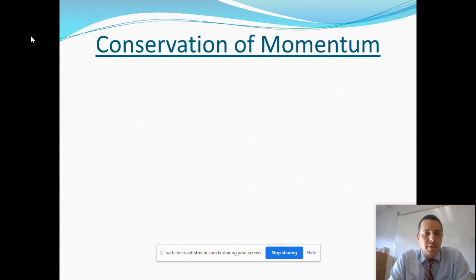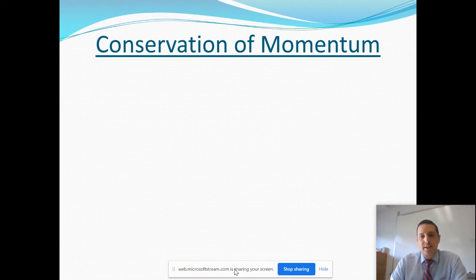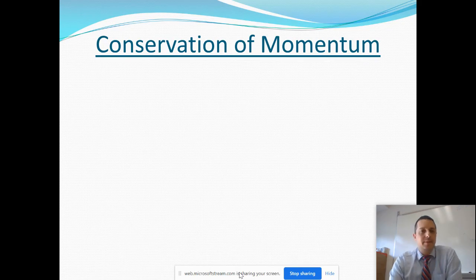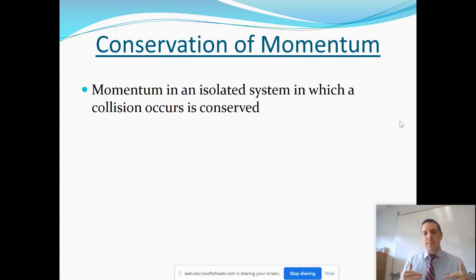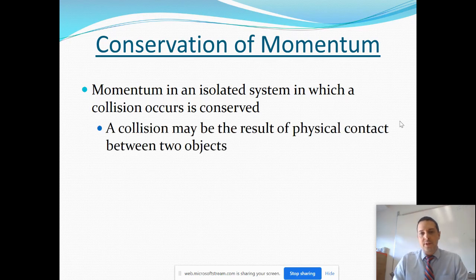All right, so what we're going to talk about in this video is the conservation of momentum. When we look at the momentum of an object, the most important thing when we talk about its conservation is that if a system of objects interact with each other and transfer momentum from one object to another object, the total momentum in that system of objects interacting is always conserved.